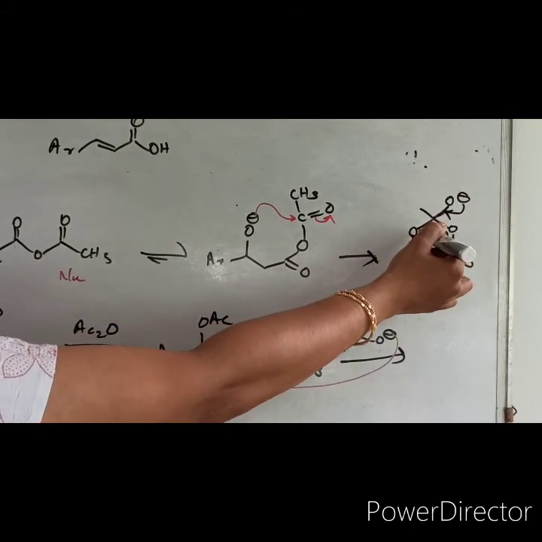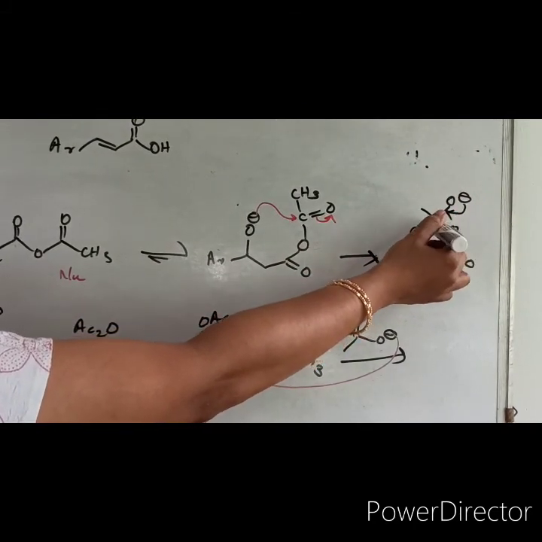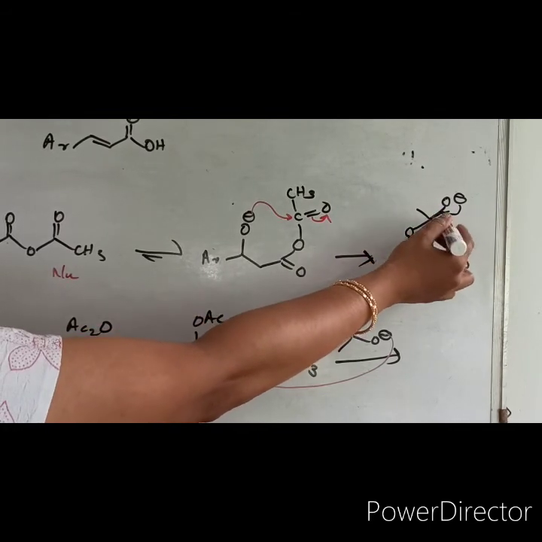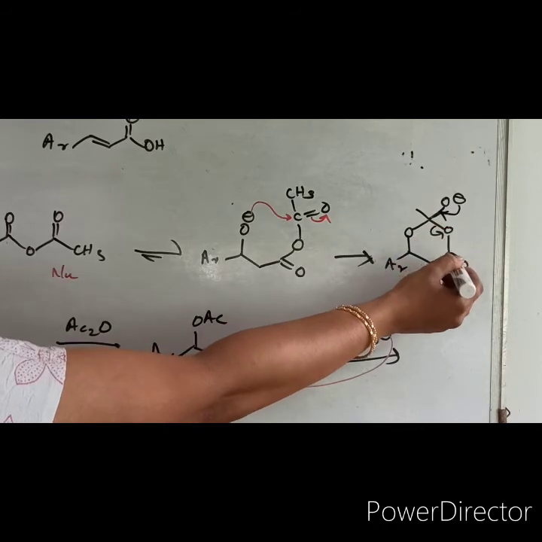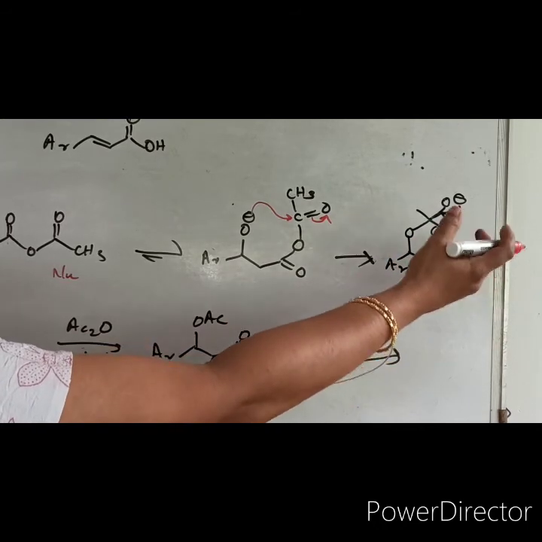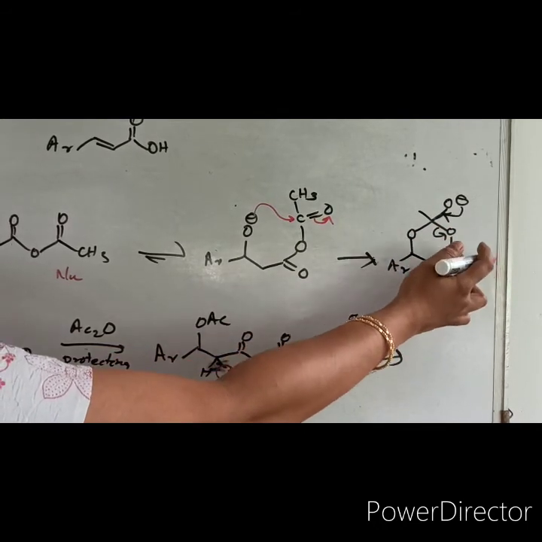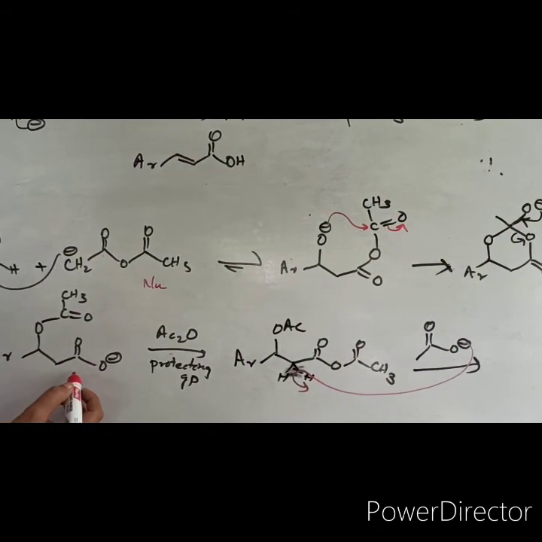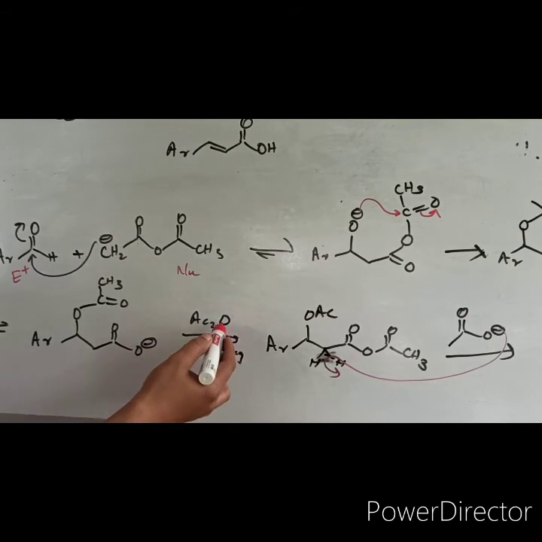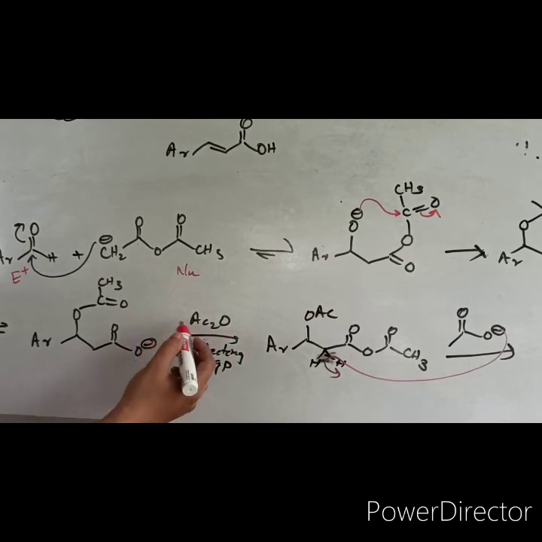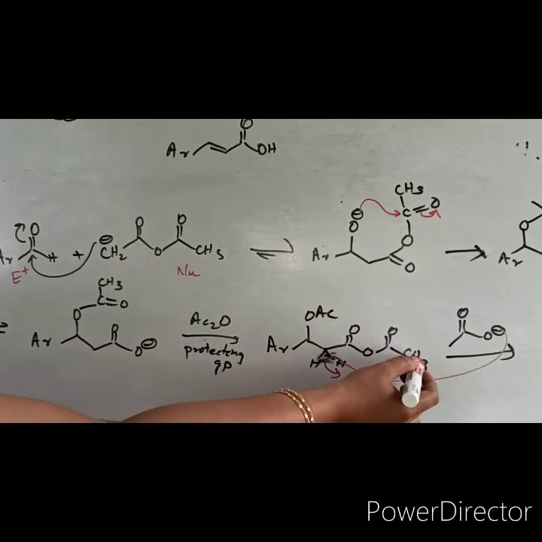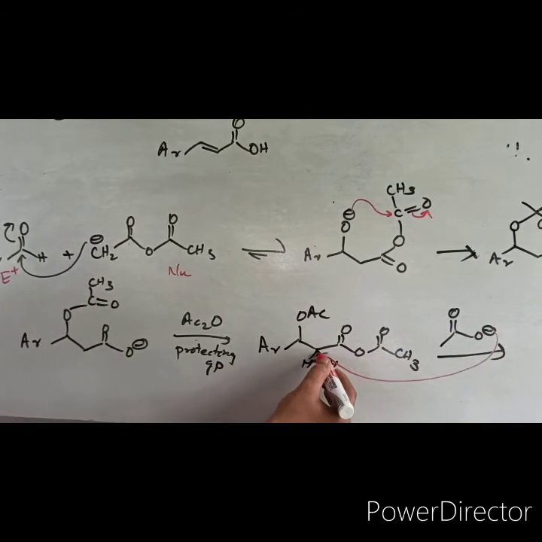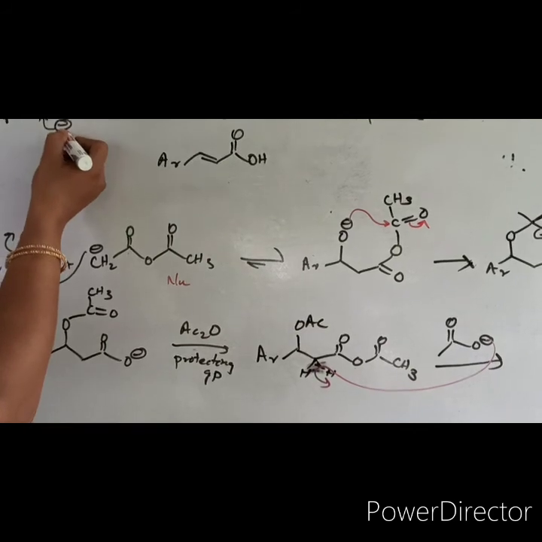And there are two possibilities of withdrawing, either from this side or this side. So this is happening on this side because of the electron withdrawing ability or electronegativity of the carbonyl compound. So this will be opening in this manner. So we will be getting a compound like this. If you are treating with acetic anhydride, this O minus will be protected as OAc. Now again the carboxylate anion will be deprotonating this hydrogen, and you will be getting a compound like this.